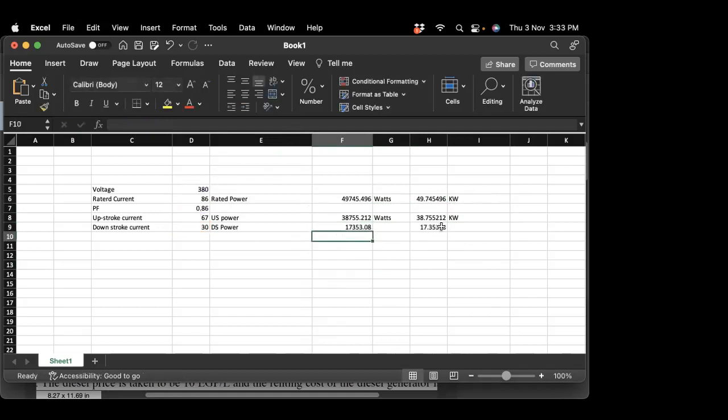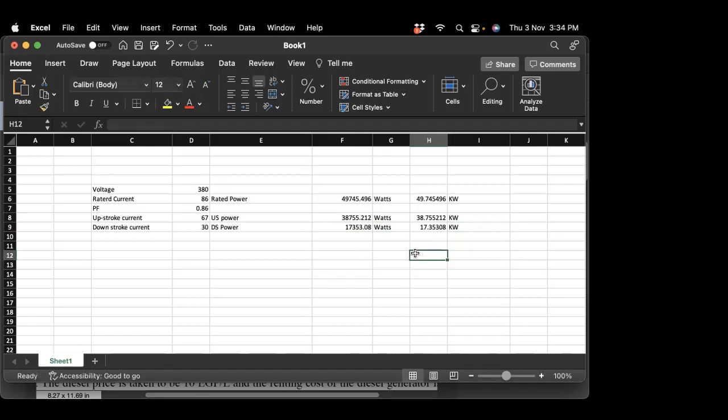And similarly, you will get the power in kilowatts. So as you can see, my dear students, there is a huge fluctuation between the three